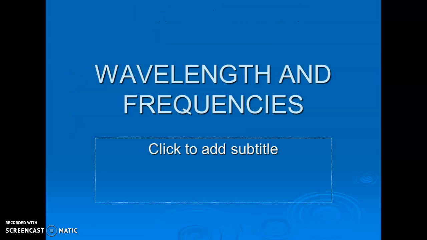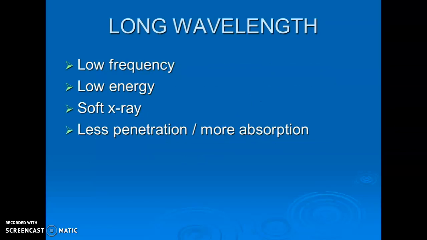Wavelengths and frequencies, we're going to talk about that for just a minute. Long wavelength X-rays are going to be low frequency, which means they're not going to occur very often. They're going to be low energy, soft X-rays. And with long wavelength, think about them being lazy. They're slow, they're not moving very much, they're low frequency. Well, as an X-ray, those are not going to penetrate the tissue very well. They're going to get absorbed instead. And when X-rays get absorbed, they cause damage, and we don't want that. So long wavelengths are not great,